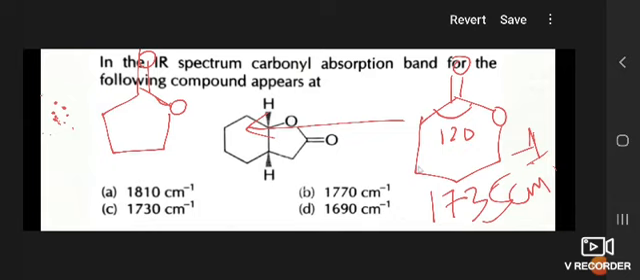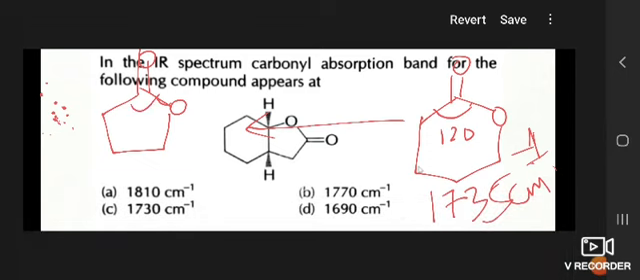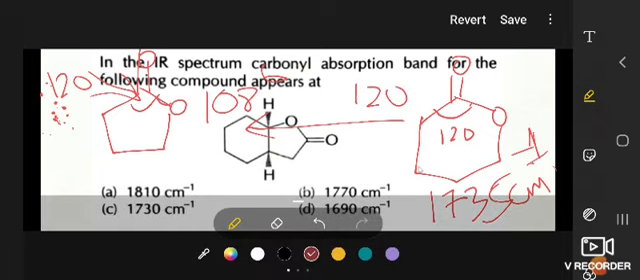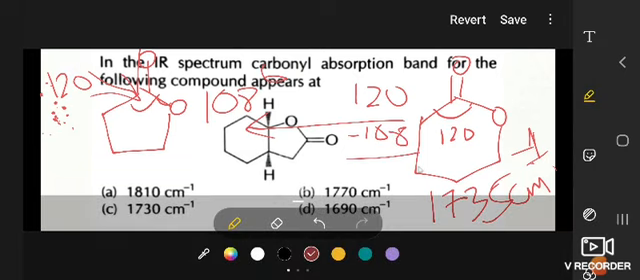You have to increase the IR stretching frequency, because as the size decreases, here it is a 5-membered ring, and in the 5-membered ring the bond angle is up to 108 degree. Okay, but it is an sp2 carbon which requires the bond angle of 120. That means there is an angle strain. Requirement is 120 but present is 108. So there is an angle strain of